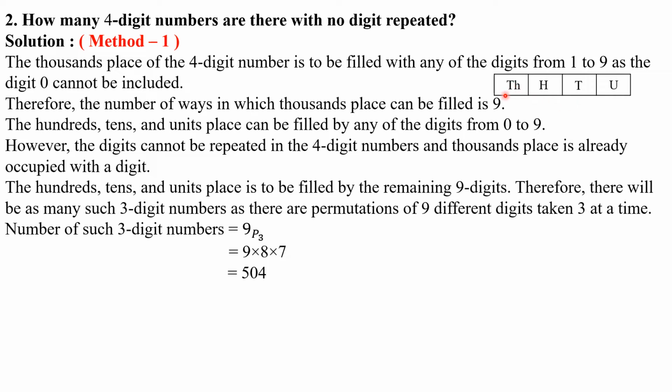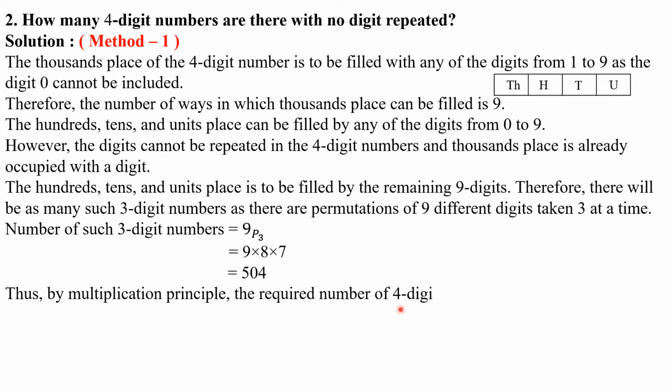We divided the total 4 operations into 2 operations only: filling the thousands place, and filling the remaining 3 places at a time. Understood this point, my children? Right. Thus, by the multiplication principle, the required number of 4-digit numbers